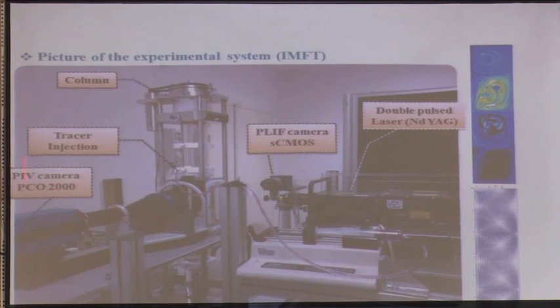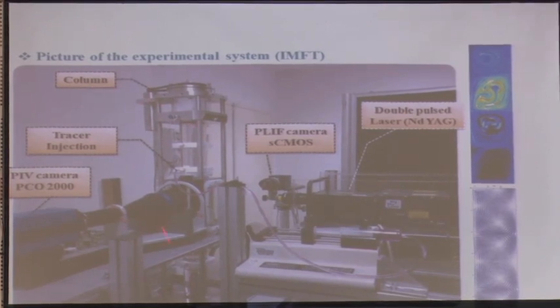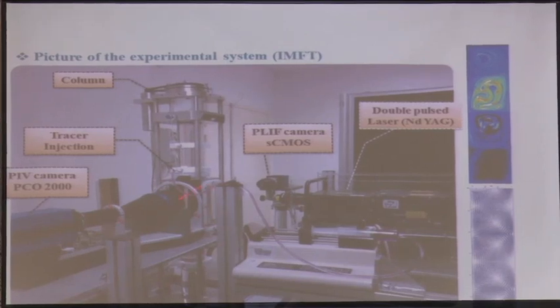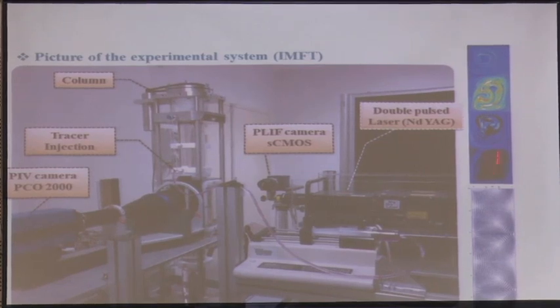Okay, so this is the type of setup that we have in the lab. This is the Taylor-Couette column. Here you have the laser, you have the cooling system of the laser, two cameras in front which are looking at the scene in between, and both of them are going to record at the same time the information on the concentration and the information on the flow field, and then you can try to understand what is the physics of mixing in that experiment.